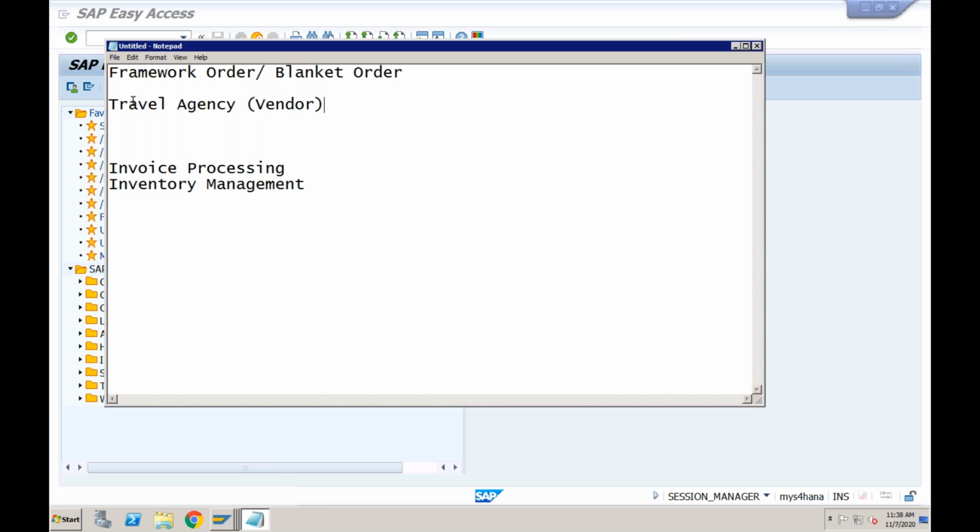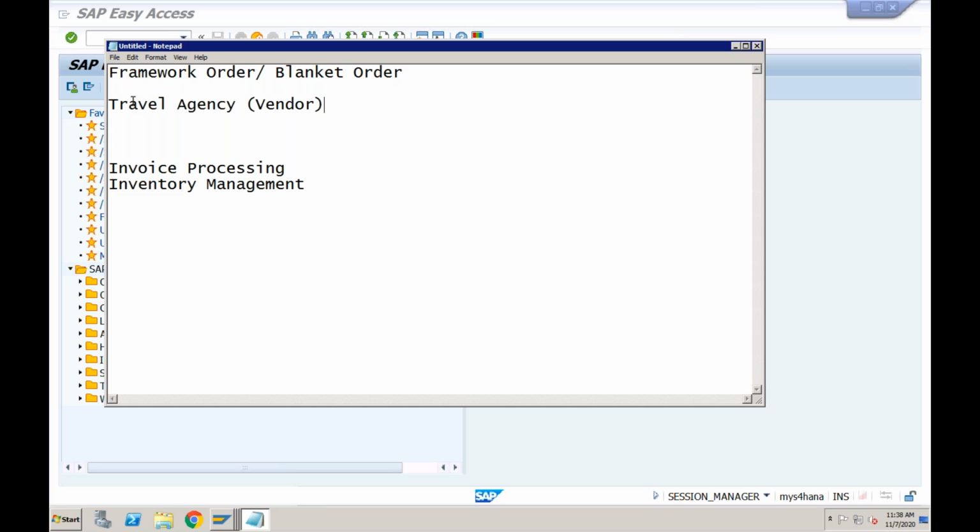So whatever terms and conditions have been finalized for a particular set of material, we just give one single contract, a value contract or quantity contract or a scheduling agreement, to the vendor, so that every time we don't need to give you the PO. Whenever we ask you to deliver a material, you deliver it against the same PO. In case of services, instead of creating the contract or scheduling agreement, normally we create a blanket or framework order. So the only difference is that in case of a blanket order or framework order, there is no MIGO required